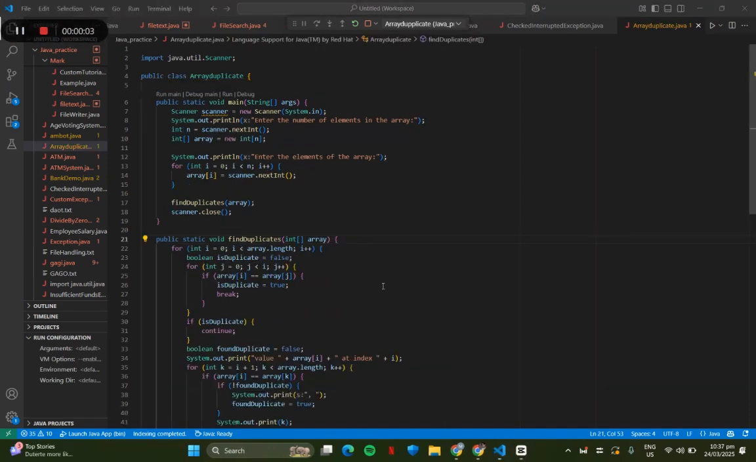So as we go into coding, first let me explain. First we're going to add an import java.util.Scanner because the user needs to input some elements. Then we're going to create a public class ArrayDuplicate, and we're going to have a